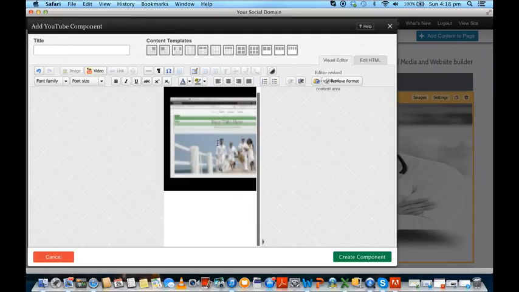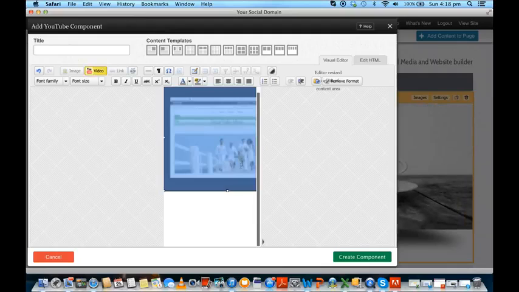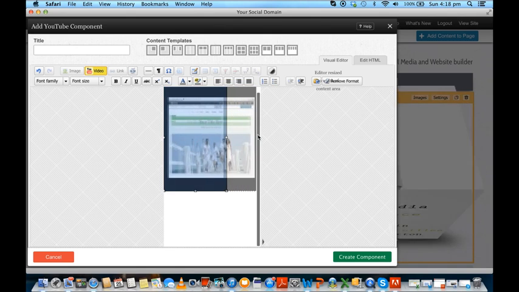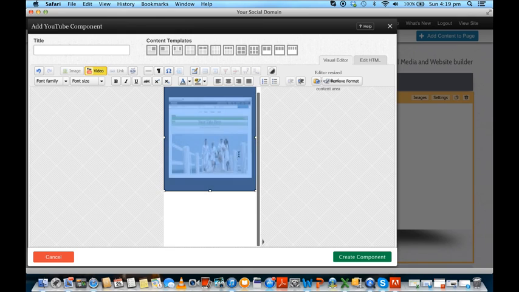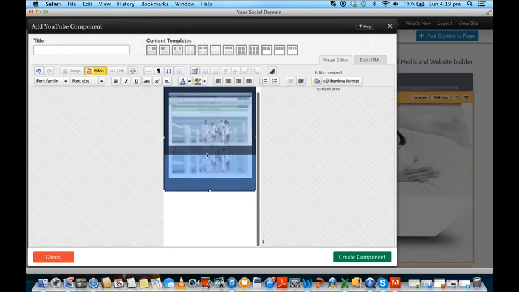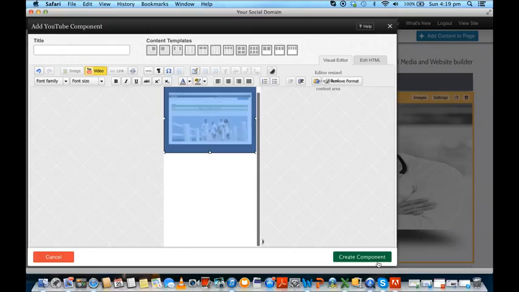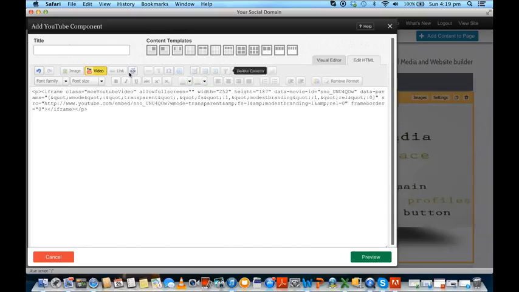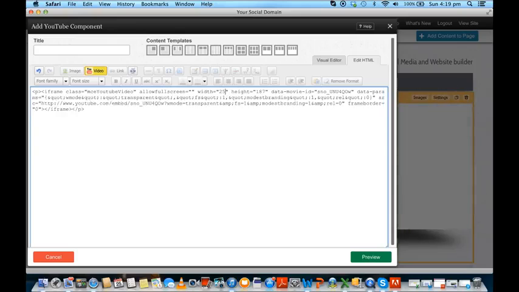Now I can set the size of my video by simply clicking on it, because at the moment that video is going to be huge. So I get that to where it's going to fit nicely in my box, which is about that size. Or the other way I can resize that is I go over here. This is a bit trickier. Go to HTML and I find the size. There's the size there. So I actually want that to be 250